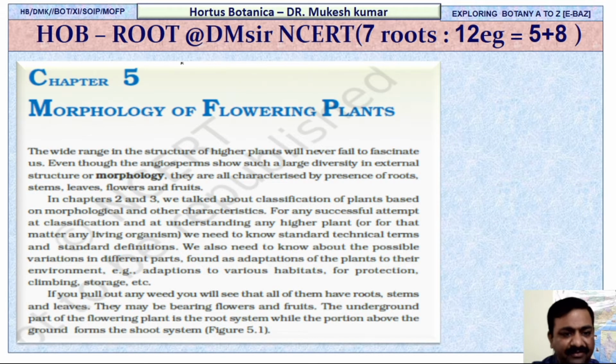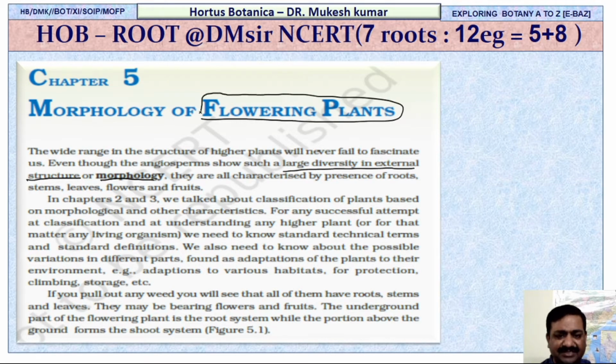Okay, it's morphology. From this very important information, morphology means you have to study the large diversity in external structure. And remember, this morphology is of only flowering plants, angiosperms, as we studied earlier. These flowering plants are characterized by the presence of root first, second stem, third leaf, fourth flower and fifth fruits. So mind well, we have to characterize these flowering plants by the presence of root,